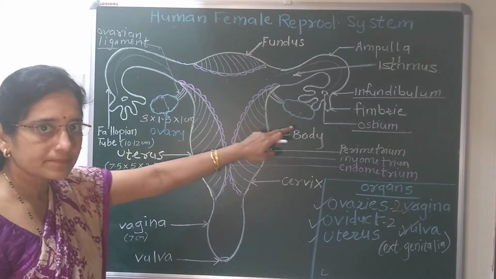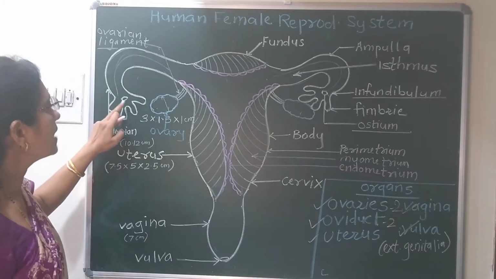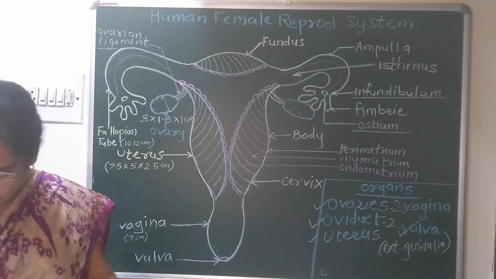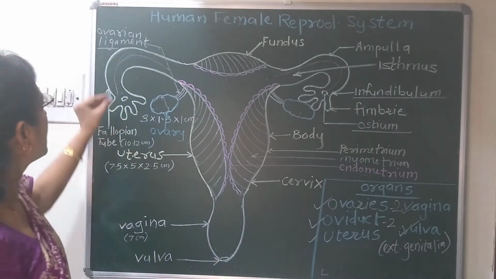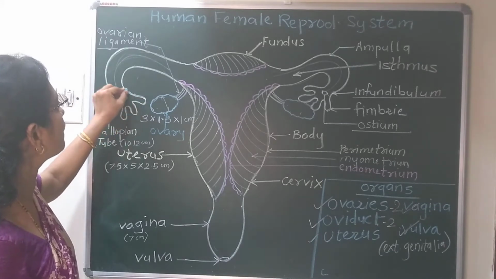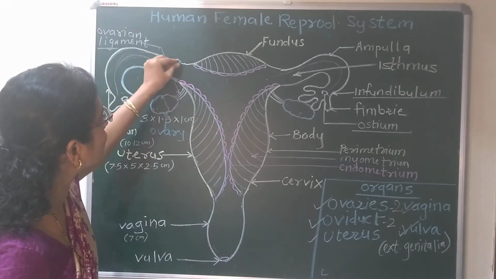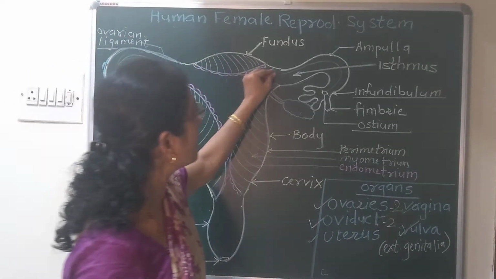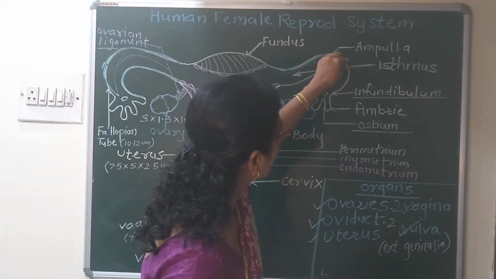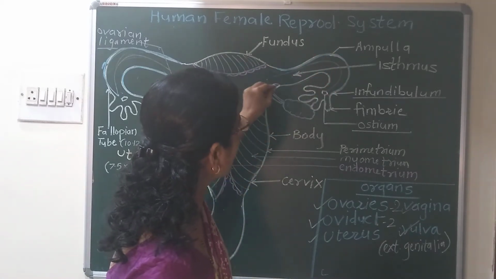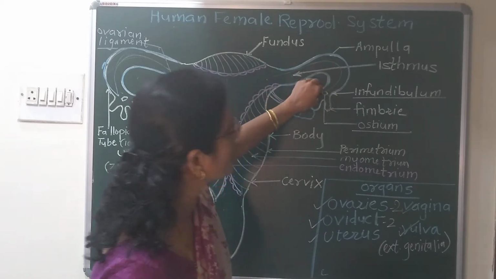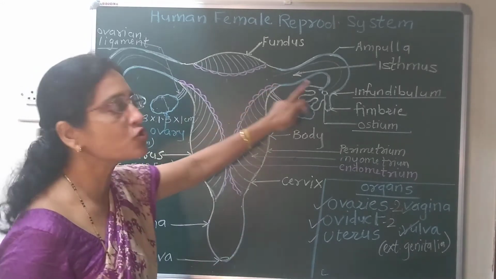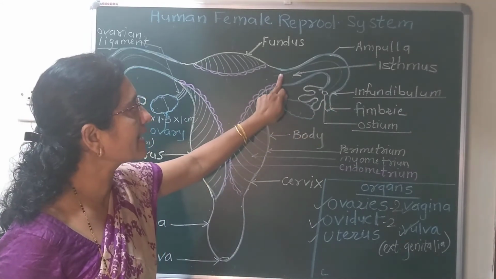These ovaries are near the fallopian tube. Now this is one fallopian tube. Can you see this? This fallopian tube starts from this part and ends at this part. So this long structure is the fallopian tube. It starts from the uterus and ends here. This tube, the fallopian tube or oviduct, has two ends. One end is connected with the uterus.